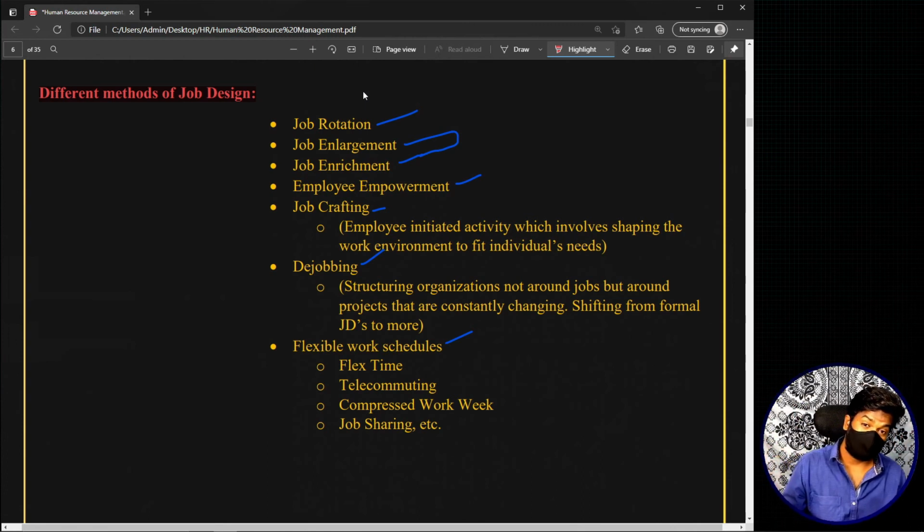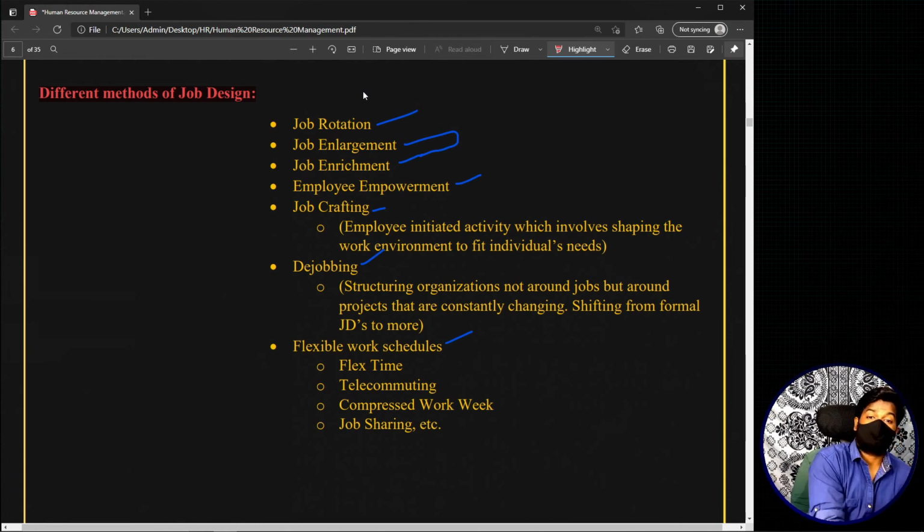But there are also many organizations with only 10 to 15 employees, where one HR manager takes care of each and every function of human resources. Now let's consider the first example, where the organization is very large, with a workforce of 10,000 or 20,000. Job rotation here is this: this particular HR manager is initially for recruitment. After a period of 6 months or 1 year, I will shift him to human resource manager for legal complaints.